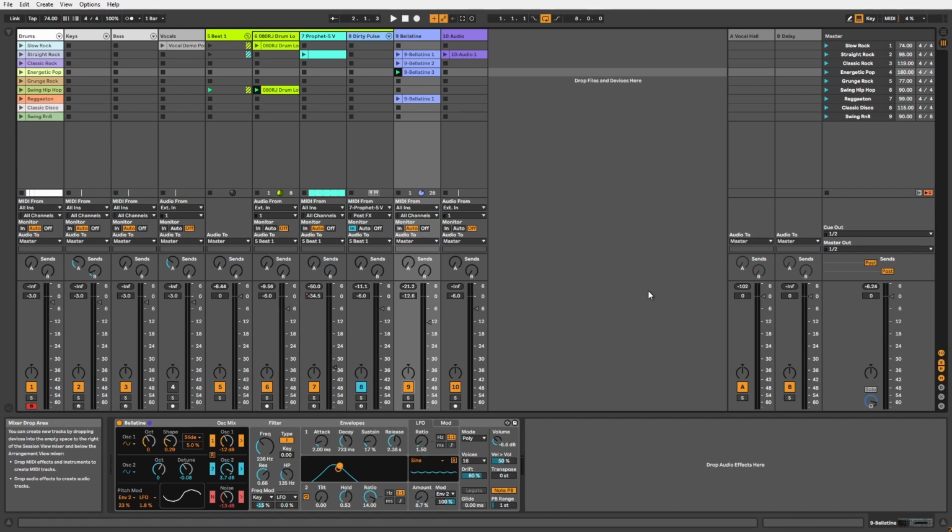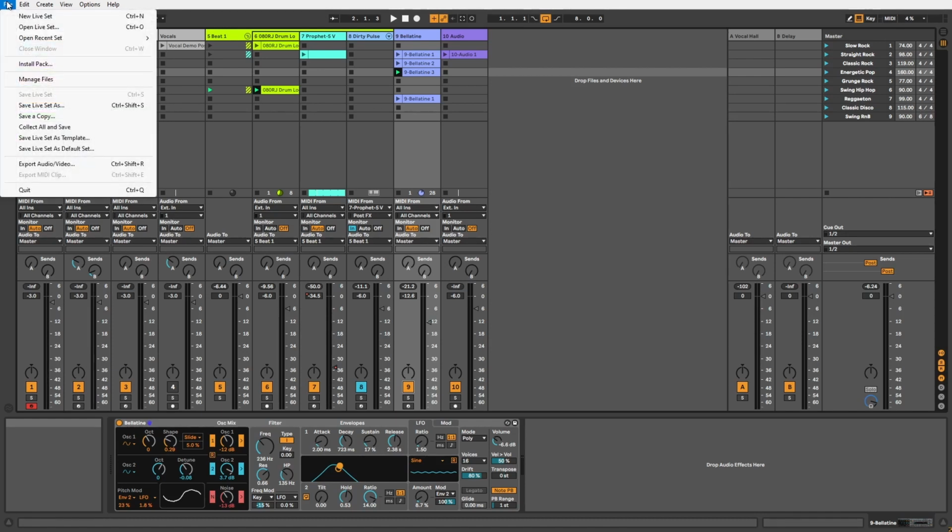However, also be aware that an audio clip can lose its reference to the corresponding sample if it's moved or deleted from the disk. Say this audio loop that I used, say I were to delete it from my hard drive, when I open up my Live project, it's going to tell me that it's missing some samples because it can't find that sample. However, what you can do to avoid that, especially if you're using your own loops or samples somewhere else that you might lose or delete by mistake,